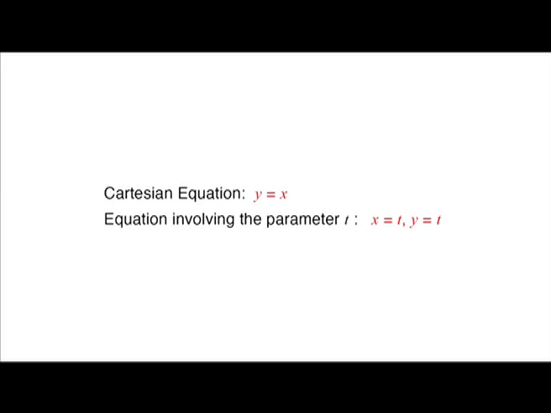From this, it is possible to find the ant's position after 4 seconds. This is by putting t is equal to 4, which gives x is equal to 4 and y is equal to 4. Hence, the ant's position after 4 seconds is (4, 4). In the above example, we have two representations denoting the path of the movement of an ant. One is a Cartesian equation expressing y directly in terms of x, and another representing the coordinates of the points on the path as functions of the parameter time t.